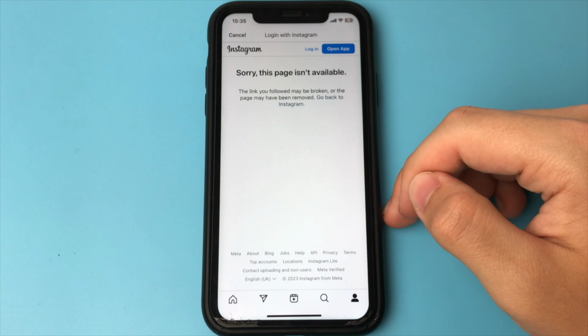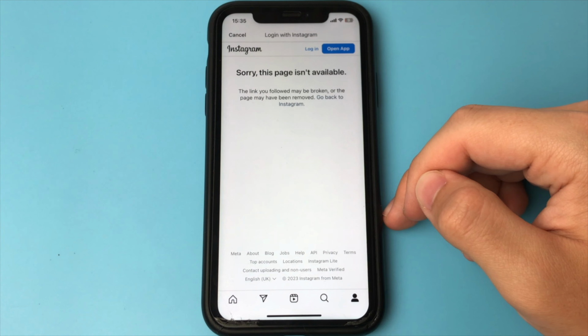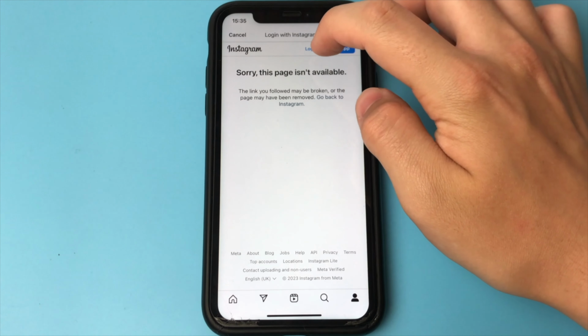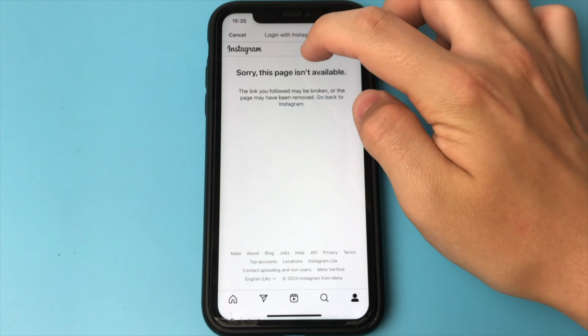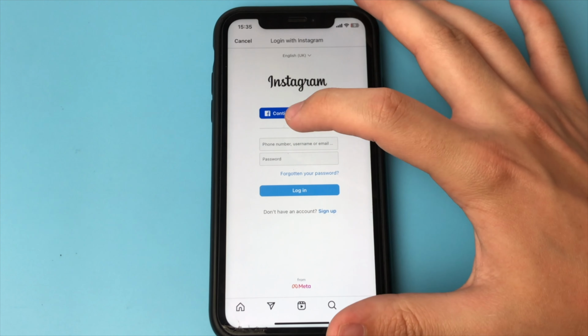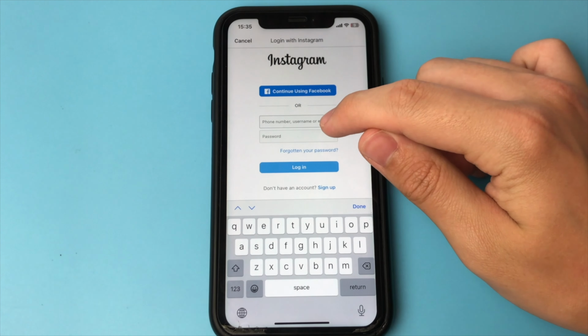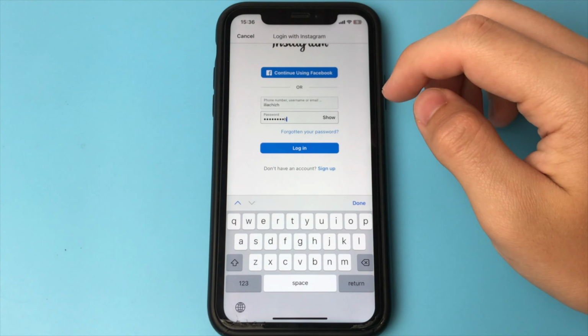Once you click that, we just have to go through the authorization process. It is important not just to insert the link, but to authorize. To do this, we have to click on the button, Login, or click Open App. There you can just confirm your login, or just type in your username and password from your Instagram account. We'll type them in here. Once we've entered our details, we click Login, and we wait a few seconds.